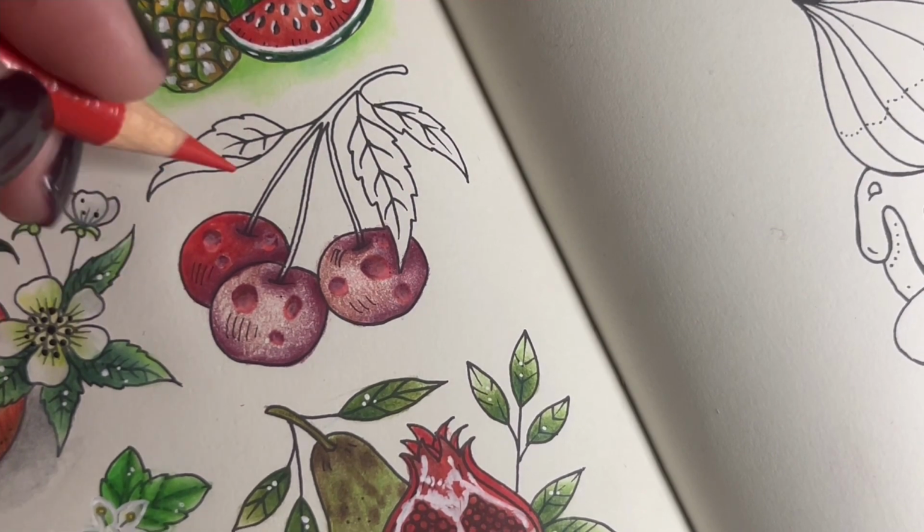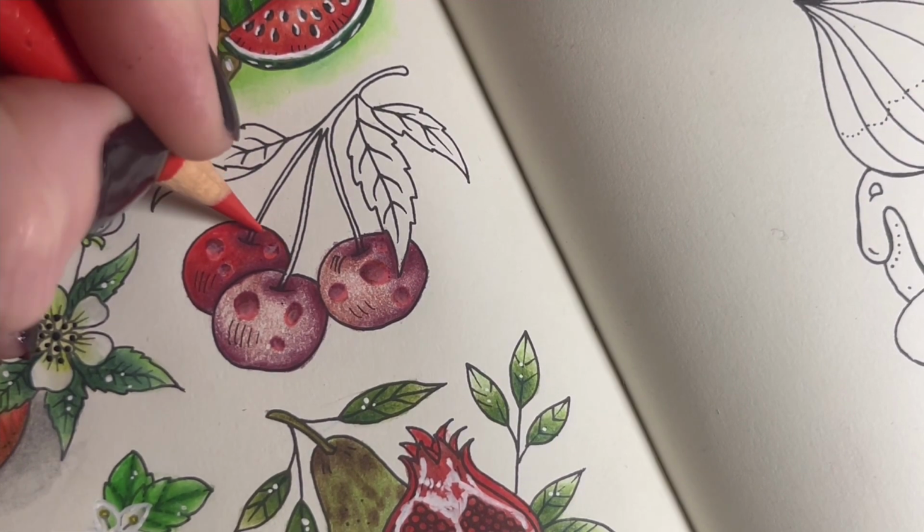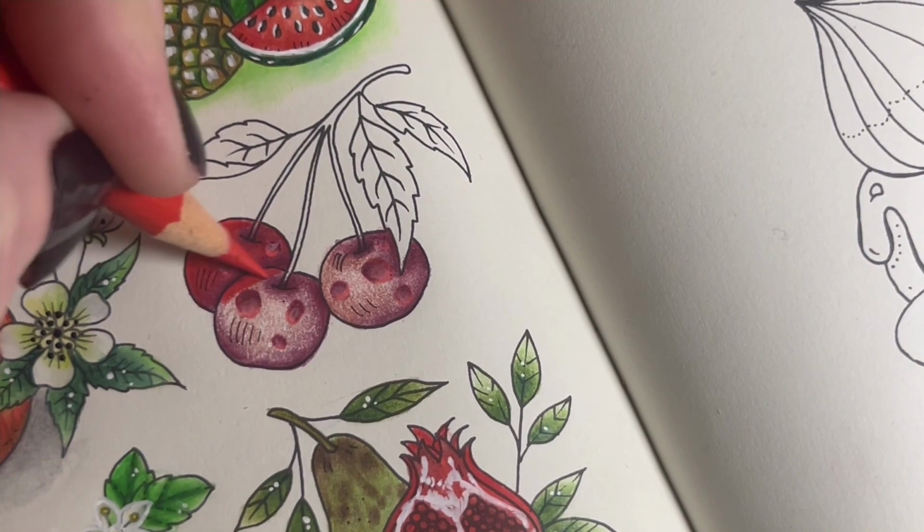So, let's get that colour in all around the little drops. And on this one,